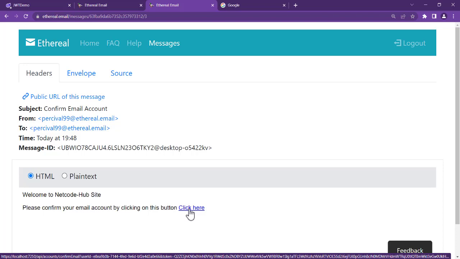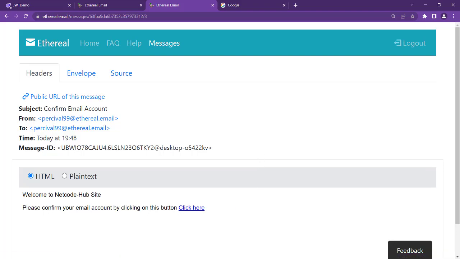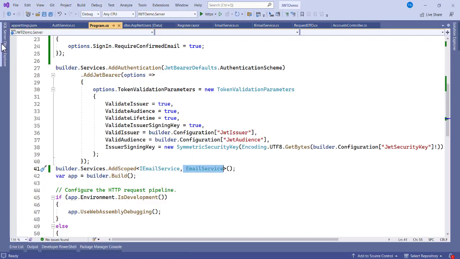localhost:7250/API, and the controller's name is account, and there's an action method in the controller known as confirm email, passing these two parameters. So if I click on this, if everything works successfully, it has to navigate me to the login. But before that, let's check